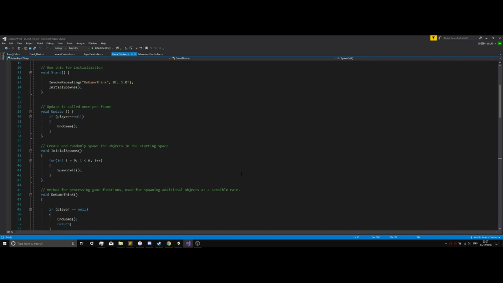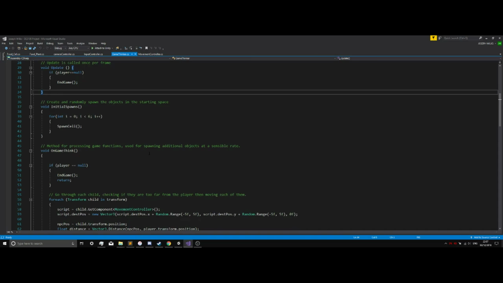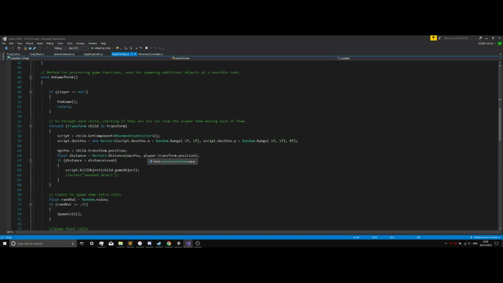So part one of how this script works is when the game launches, it'll spawn some cells just to start out with, and then it will start a repeating function that basically acts as the AI, in very inverted commas, for the cells. And the way that thinking works is each of the non-player cells is parented to the same object that has this script, and so the script then goes through each of the children of the game object, goes through each of its children, and it will change its